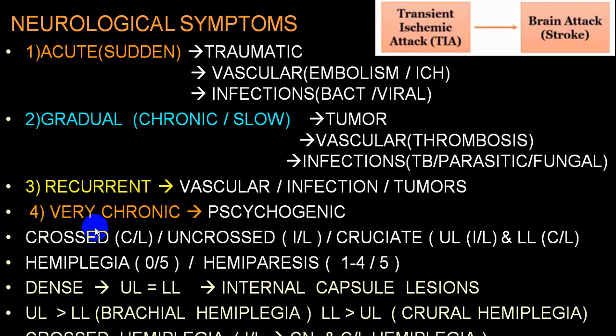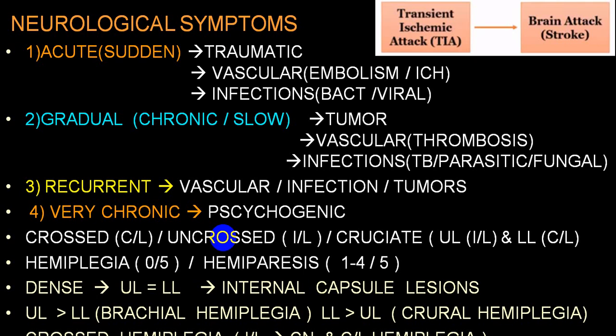It is also very important whether it is crossed or uncrossed. We call ipsilateral or contralateral, because it will tell you where the damage is. Because if it is an ipsilateral finding, it is more below the medulla as far as the motor system is concerned. If it is contralateral, it is more in favor of inner brainstem and above.